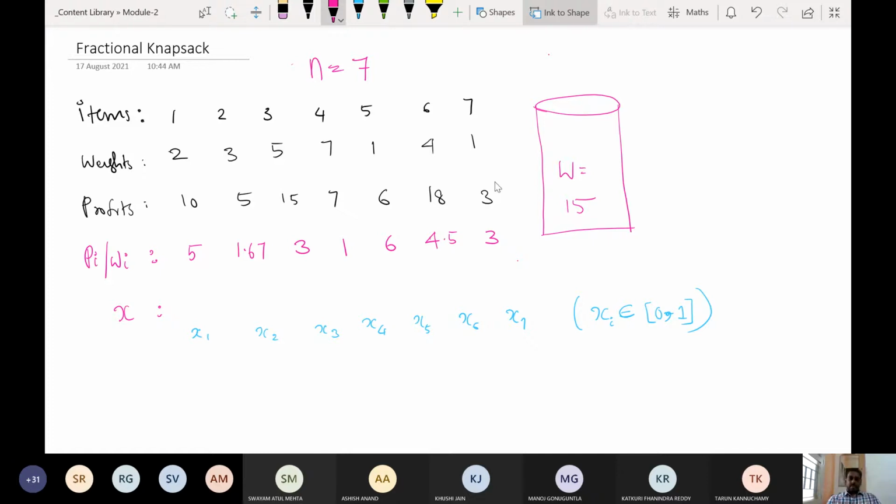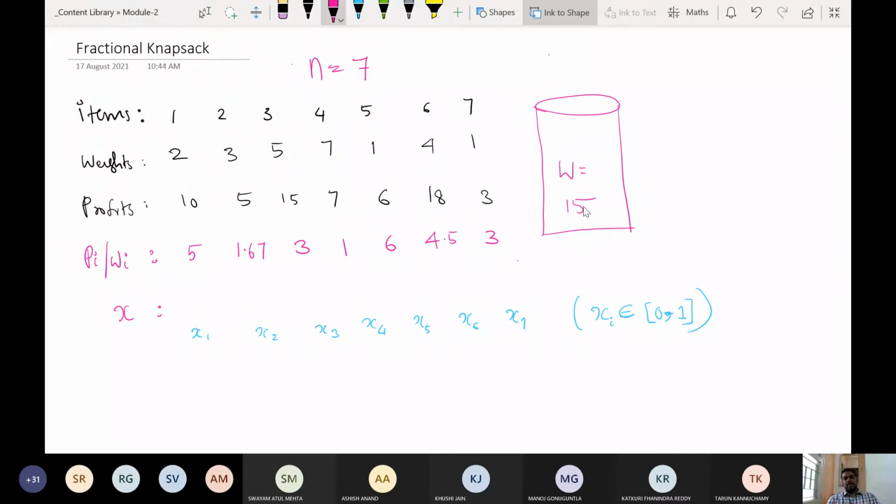But the problem is we have a container like this, and the capacity of the container is just 15 kilogram. Given all these things, we need to maximize the profit. In what way will we choose the vegetables? Like what kilogram of potatoes will you take? What kilogram of onion will you take? Like that, you have to optimize this, because the capacity of the container is fixed.